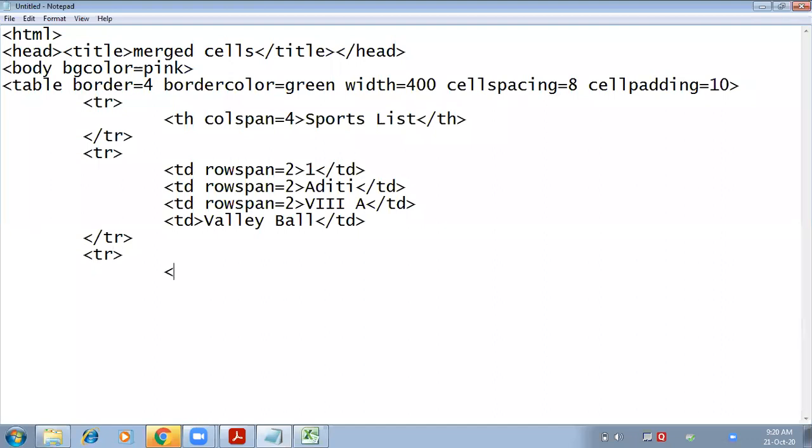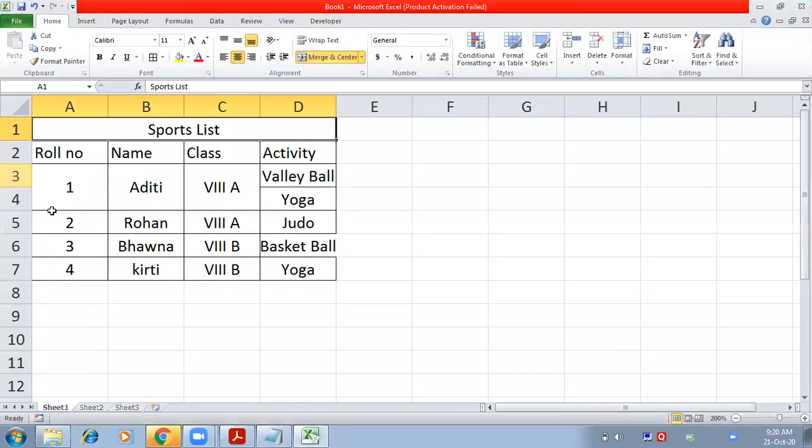Now we are starting the third row. In the third row, sorry, we have missed one row, that is the heading, roll number, name, class and activity. So I'll insert it, but before that now I am inserting the fourth row, in which this is already done with the third row.